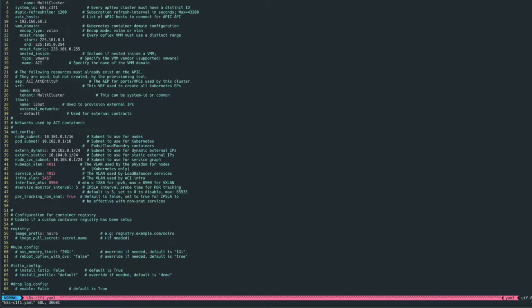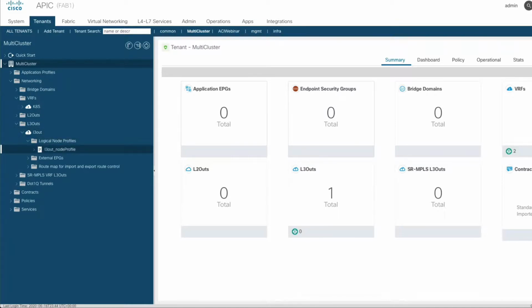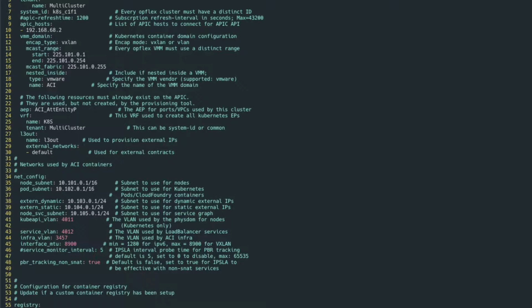Now that this file is ready, the next step would be to do some pre-work on our ACI configuration. So what I did here is that I already created a tenant called multi-cluster, and I pre-configured my VRF, Kubernetes, and my L3 out. This is something in general I like to do before because these objects are not created automatically by the ACI CNI plugin, and we also need to set up our L3 out connectivity. For example, in my lab, I have configured OSPF between my border leaf and a CSR 1000V router. When your L3 out is configured and your VRF is ready, we can now run our ACC provision to push